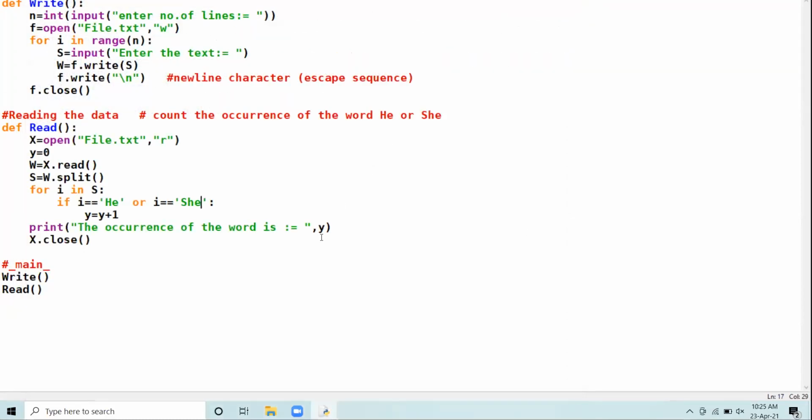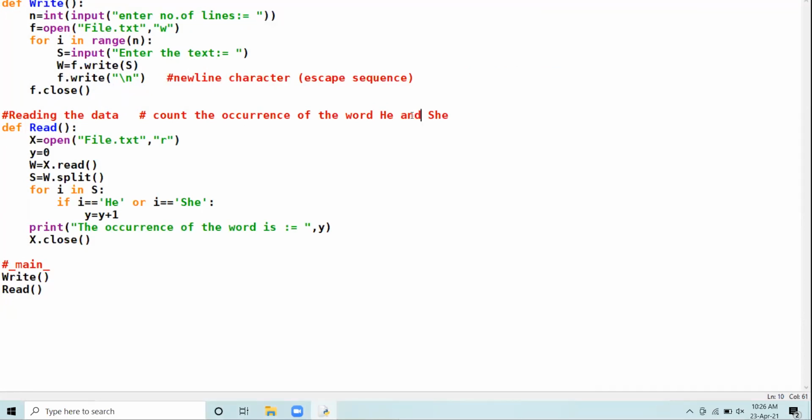Now another concept. If you are to count the occurrence of the words he and she, and in between we have "and", both the occurrences are to be counted individually.